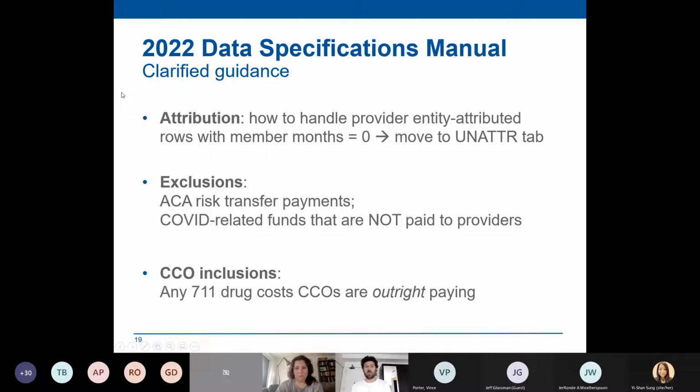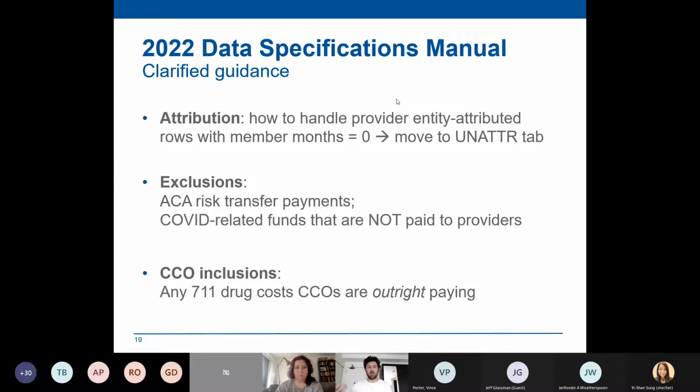There are some new inclusions and exclusions in the manual. Excluding risk transfer payments and COVID-related funds that aren't going directly to a provider. I think the commonality here is if it's not going from your organization directly to a provider, then don't include it in the non-claims or the claims, depending on where it goes.